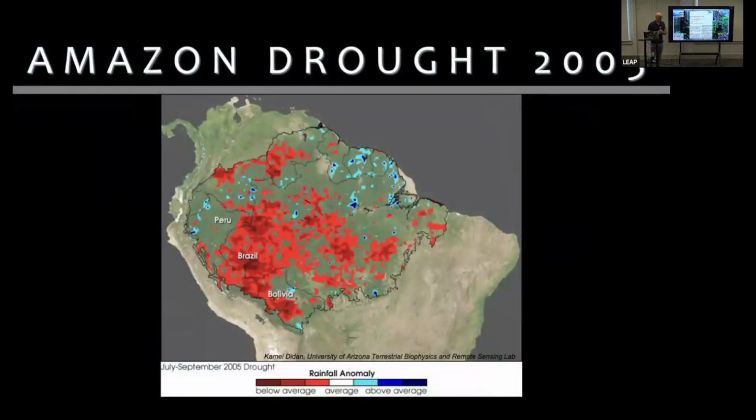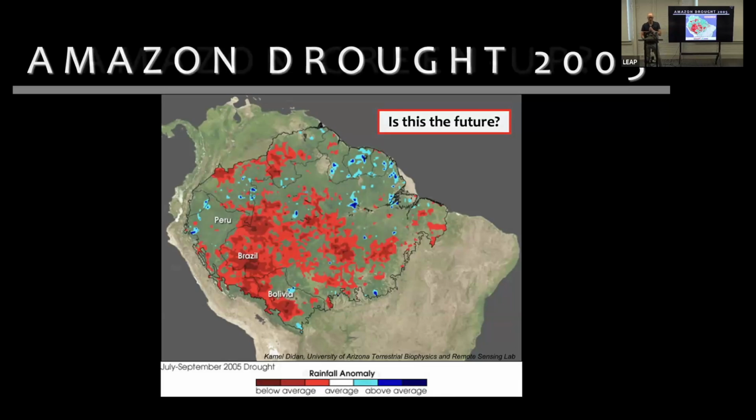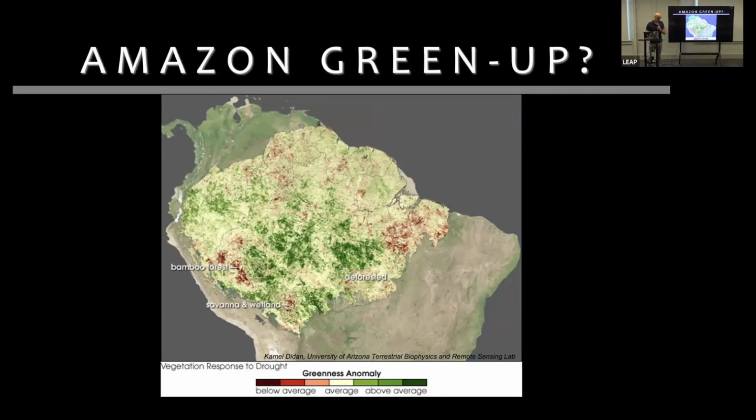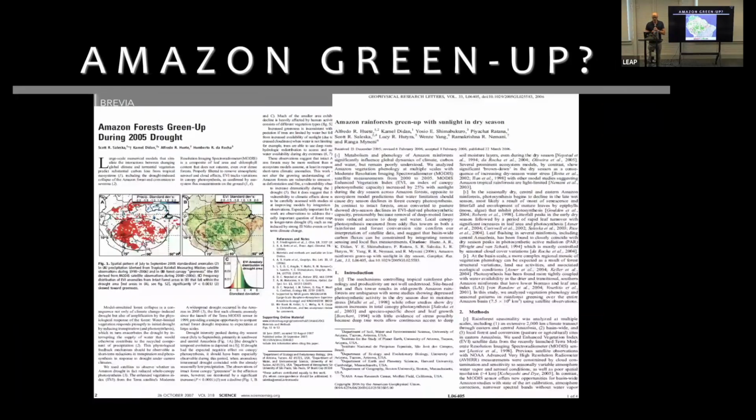And so in 2005, the biggest drought in the history of our records hit the Amazon. And so the scientists were like, this is great. I mean, it was terrible, but it was great because these models were projecting more droughts into the future. So now we could see, well, how resilient was the Amazon? Or did it just kill over and die? And so one of the earliest papers that came out from this '05 drought suggested that the Amazon greened up, and they came out with high profile papers on science and so on.